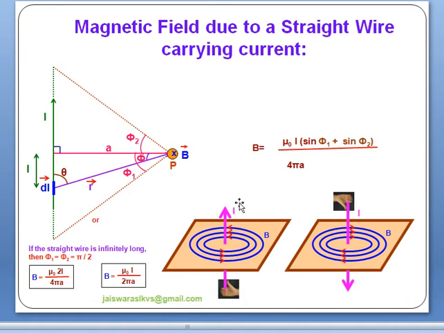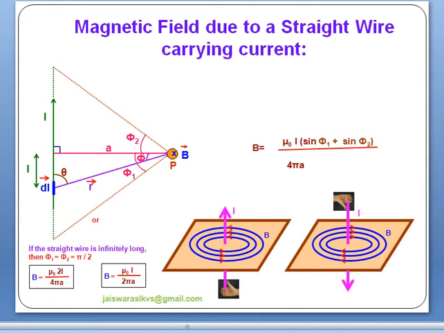Suppose the direction of current is from bottom to top, that is upward, then how can you make the magnetic field line? You make the magnetic field line by using the right hand curl rule. And if the direction of current is downward, then the direction of magnetic field will also be opposite. So you are supposed to remember how to make a magnetic field line if the direction of current is upward, and on the other hand, how to make the magnetic field line if the direction of electric current is downward.